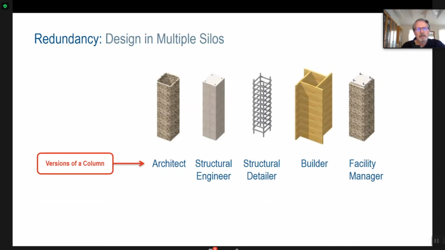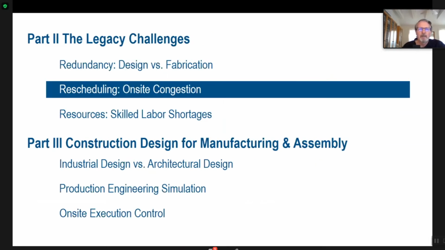So let's use the Apple Computer Campus as an example. Here's the architect, Norman Foster, and they're working in MicroStation. And here's the engineer, and that's Arup, and they're using Revit Structures. And here's the structural detailer at Clark Pacific, and they're using Tekla. And here's the builder, which is DPR and Skanska, and they're using Navisworks. And here's Apple as a facilities manager, and they're using Archibus or something else. But there's 5 different professionals with 5 different software packages, and they're trying to work together. IFC doesn't fix it, and the current import-export system, I think, is very problematic.